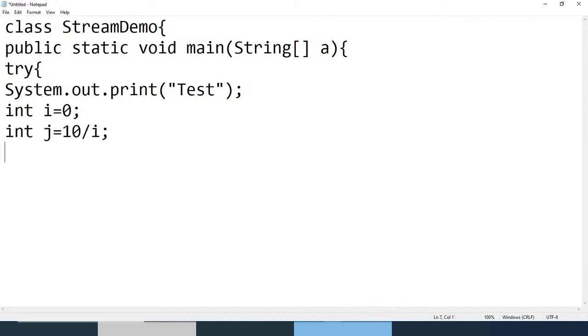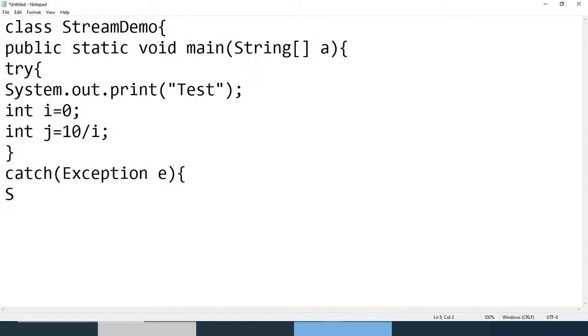We know the answer, but here our intention is just to make sure how we can redirect output and error to separate files. Catch Exception e,